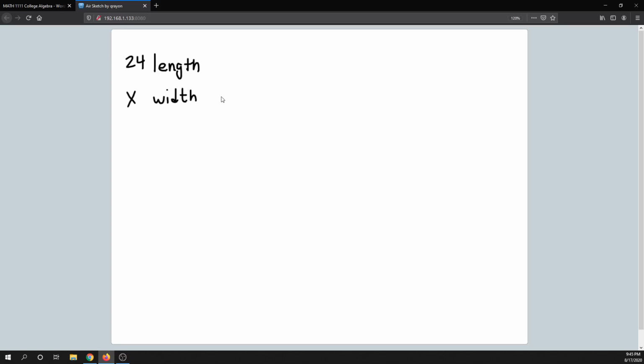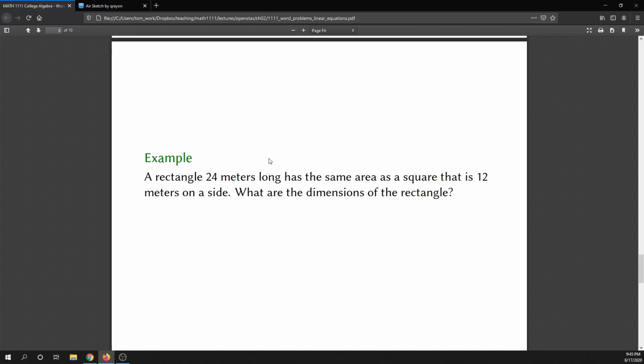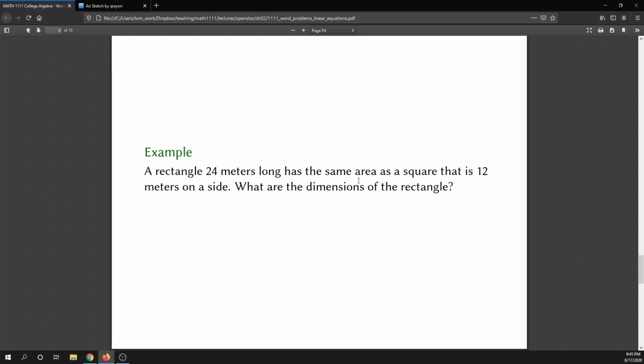So give that a variable. I'm just going to stick with x here, but a lot of times you'll see people put a w here, w for width. Okay, and that is good. And here again, the length is 24, so we don't have to really worry about that. Now that we know what we're looking for, what we want to do is go through and see if we can figure out an equation for this